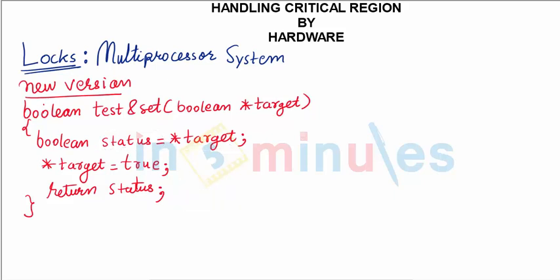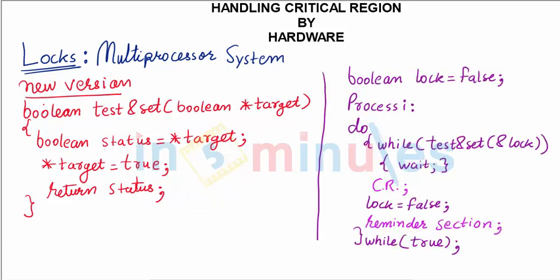Even for this, the way we are going to set would change. There's a second part of the algorithm. Consider process i wants to access a particular critical region. What it would do is simply give the address of the critical region for locking. Now that address will come as a target. We will check the status. If it has already been set by somebody, it will return true. If it returns true, the while loop will continue to wait.